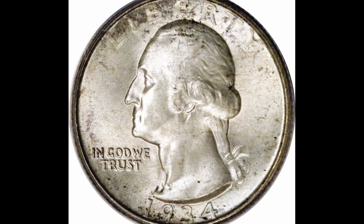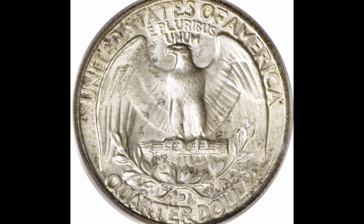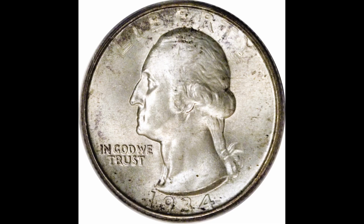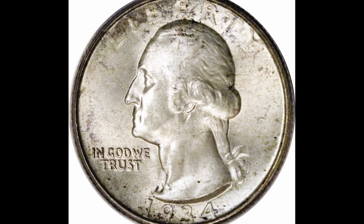So the higher the grade on your Washington quarter, the more money it's going to be worth. Most of the time, if you guys find a coin like this out in circulation, it's not going to be worth sending off to get graded, because you have to take into consideration the time spent and the money spent getting your coin graded. So be aware of that, guys, because this coin sold for